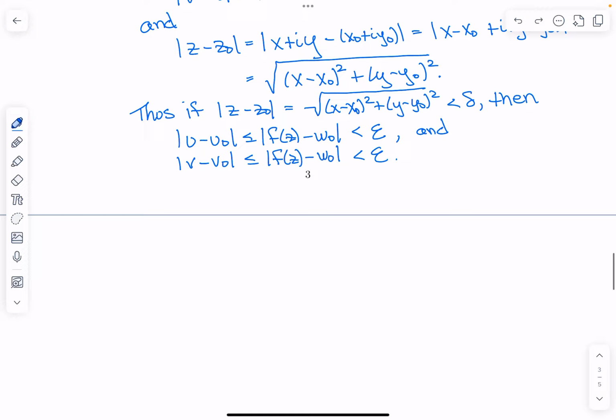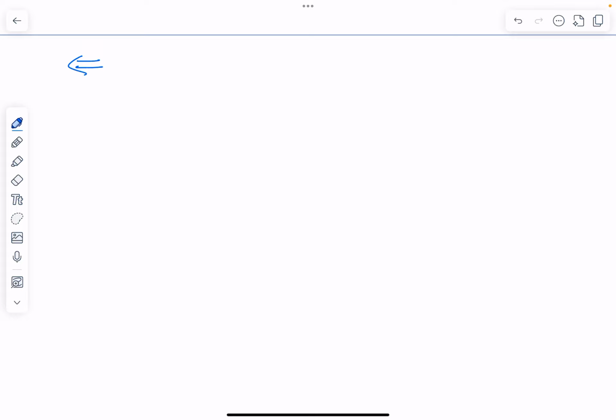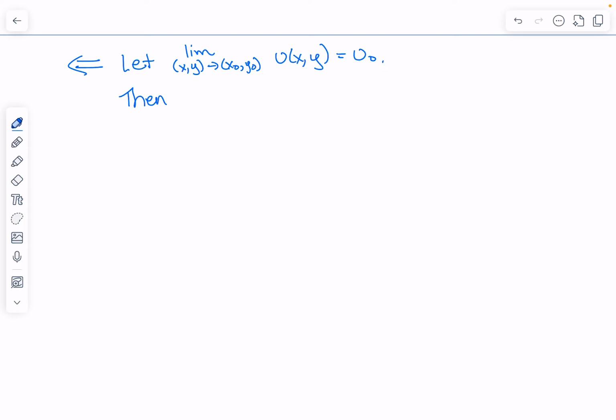Let's look at the second half. Well, here we get to start with the real limits existing. So we're going to let the limit as x and y go to x0 and y0 of u of x y equal u0. Well, what does that mean? Well, the formal definition says